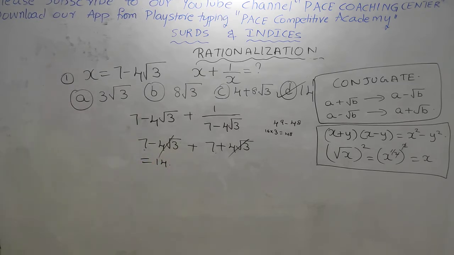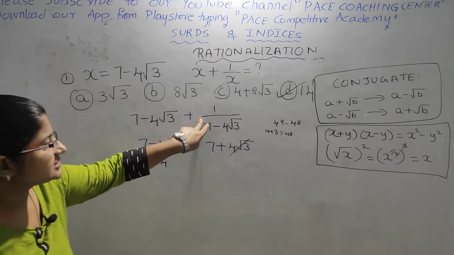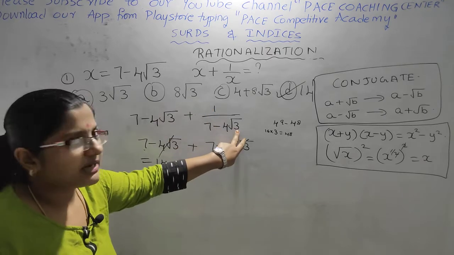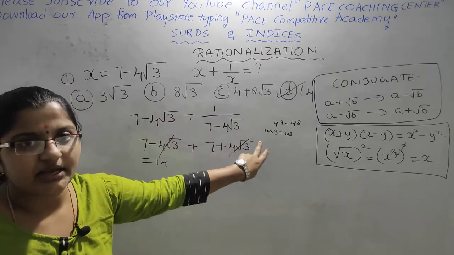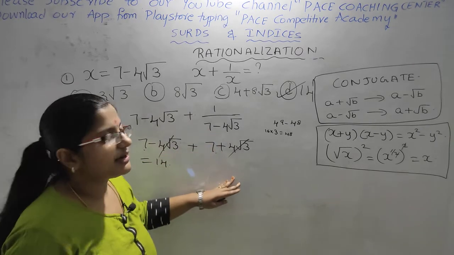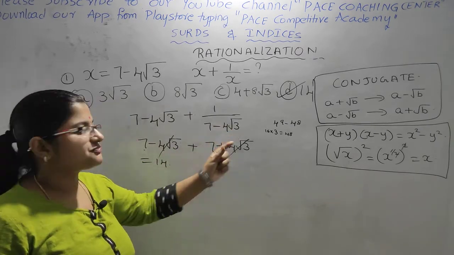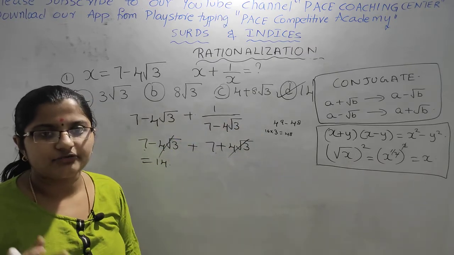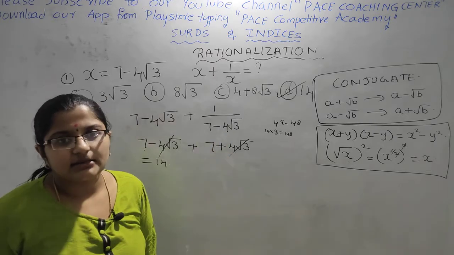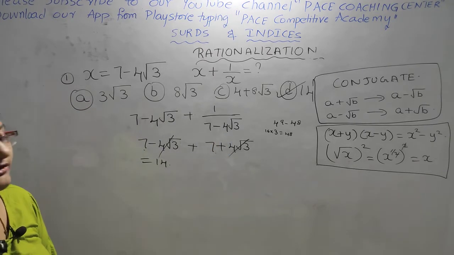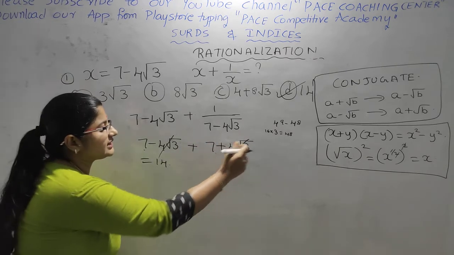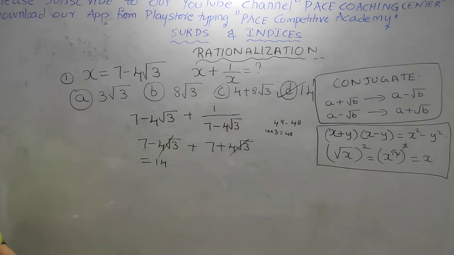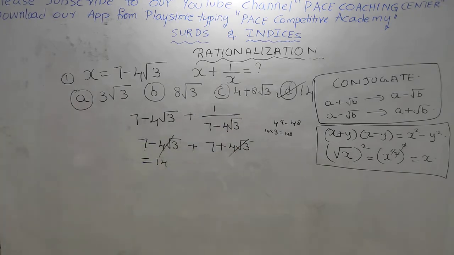Okay. So I'll explain this term again. If you rationalize this term, you will get in the numerator 7 plus 4 into root 3, which is the conjugate of 7 minus 4 into root 3. And in the denominator, always it is of the form a square minus b square. So 7 square is 49, and 4 into root 3 squared is 4 into 4, 16. Root 3 square is nothing but 3. So 16 3s are 48. So 49 minus 48 is nothing but 1. So you will be left with 14. Okay. So 14 is the right option.